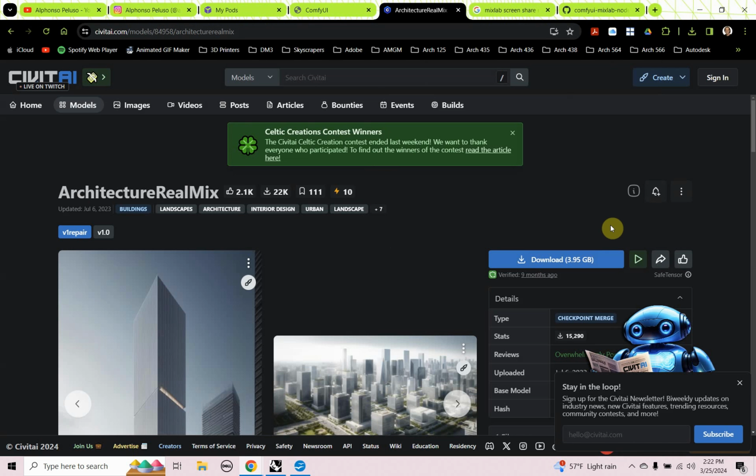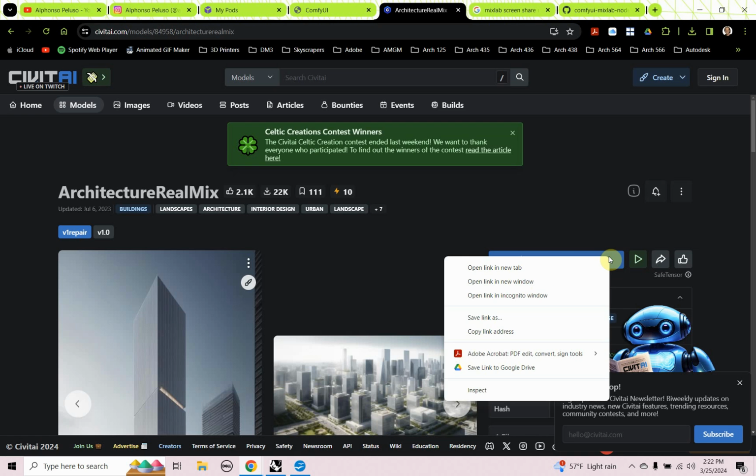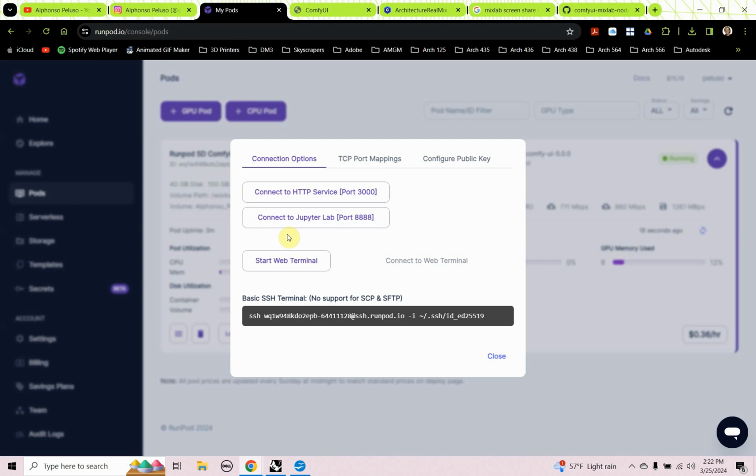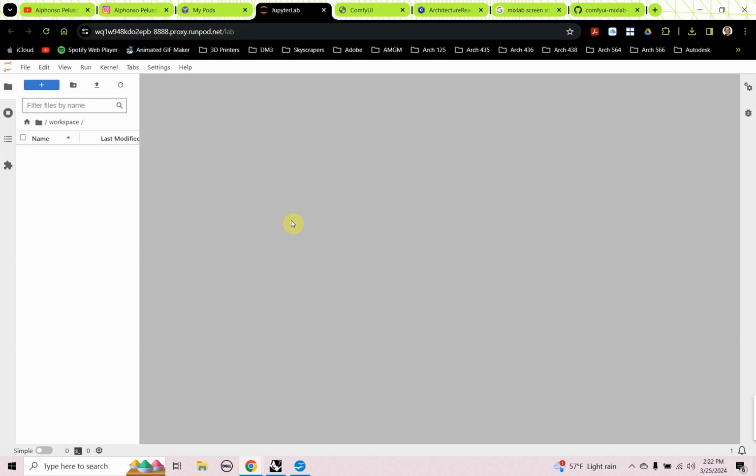So I'm going to load this into my RunPod. So I need to right-click on the download. Not click, because that'll try to download it on my local computer. So I'm going to right-click, and I'm going to choose Copy Link Address. And then I'm going to go over to my pods, and I'm going to connect to Jupyter Lab. So this is just a file explorer interface for my network volume that I have, that 100